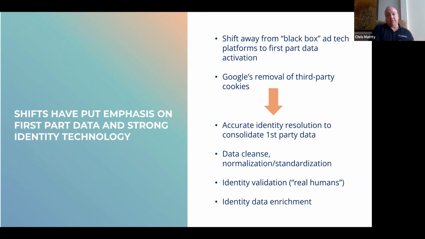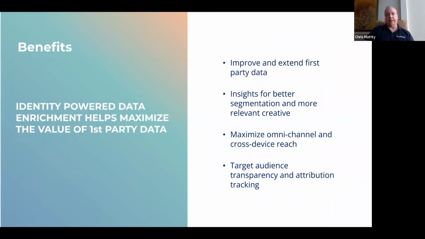Going back to the problems we talked about, you've got to fix that first-party data, make it more valuable. So identity resolution technology does a lot of that. You need to cleanse your data. You've got to normalize it, validate that this is actually really a person, that it's the most recent data. And then data enrichment. Instead of enriching a cookie with demographics to be able to create this audience that's highly targeted, what we're doing is enriching the first-party data with these types of demographics and these types of insights data. So instead of cookie enrichment, it's first-party data enrichment.